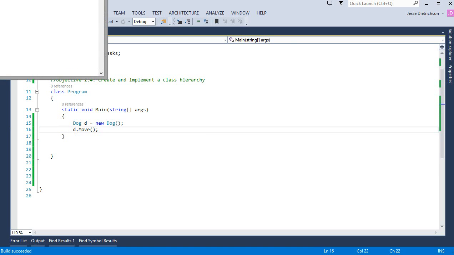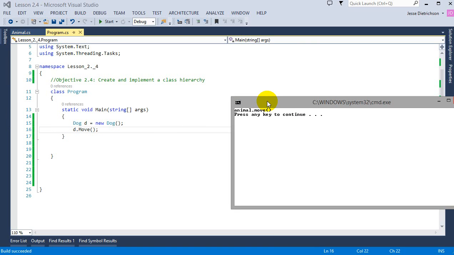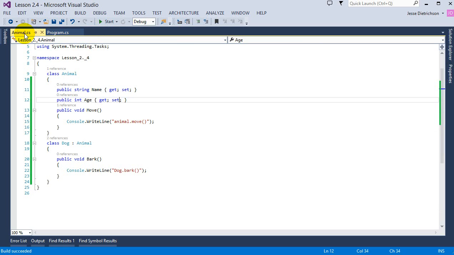When I do this, I get animal.move, even though it's a dog, it's saying animal.move. It's not specific enough for me. It should be able to say animal or dog.move. So I can override this move function from the animal class to specify my own behavior for this specific instance